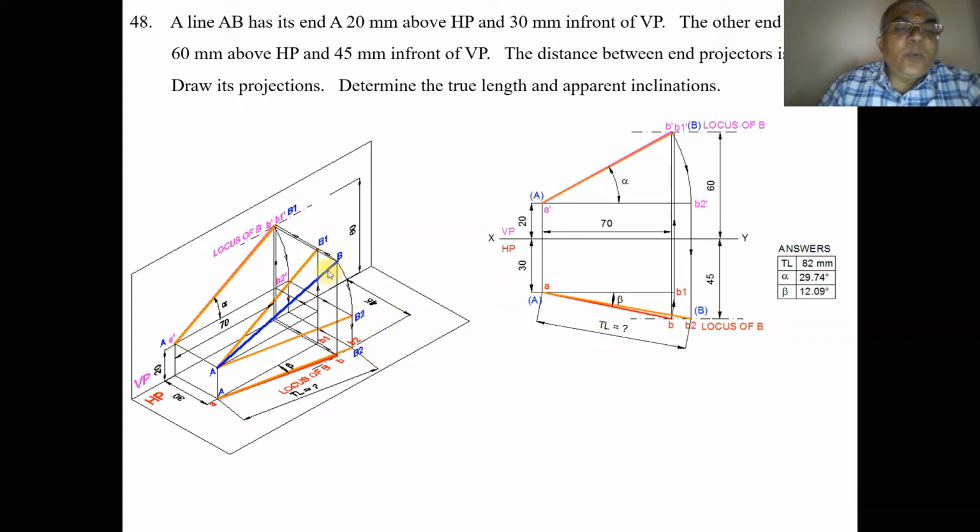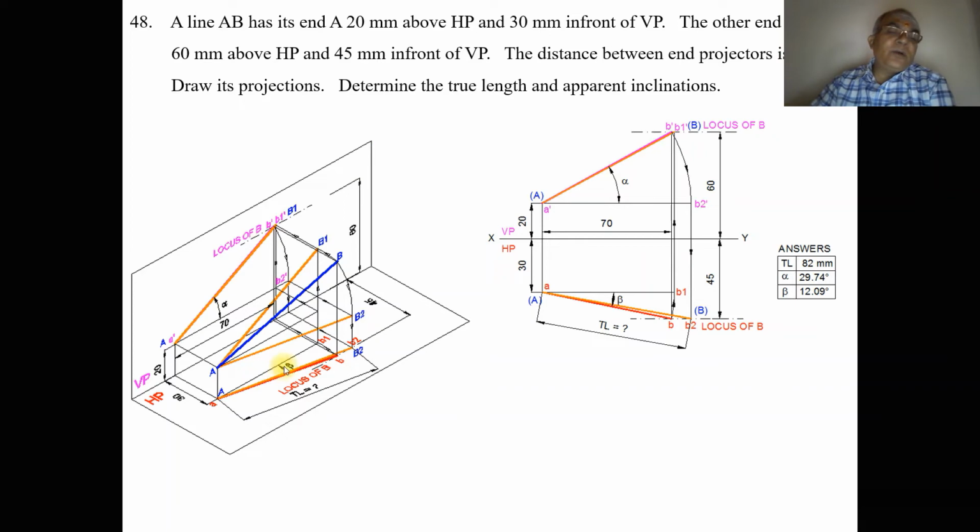In other words, when you are rotating it in space, what happens? That A dash B dash, which is the front view, is also being rotated in the vertical plane with A dash as center, such that both A dash and B2 dash will be above HP by 20 mm. Now the line is parallel to HP. Since the line is parallel to HP, you are getting the true length in HP. So you are going to get small AB2. This is how you will be able to analyze this problem in 3D.